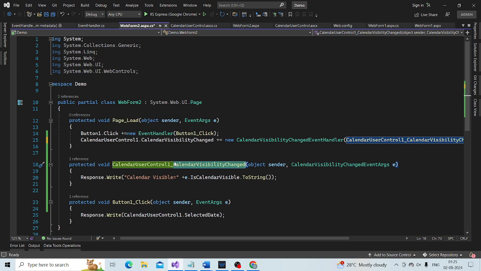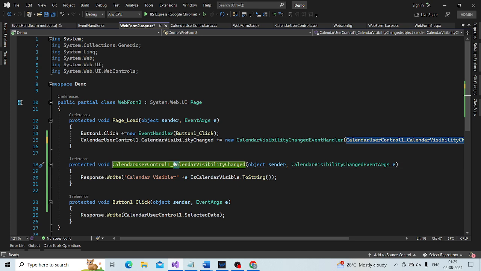Once again I am repeating, we are doing registration within the page load event, and page load event happens before the actual calendar visibility change event is raised. When is this event raised?